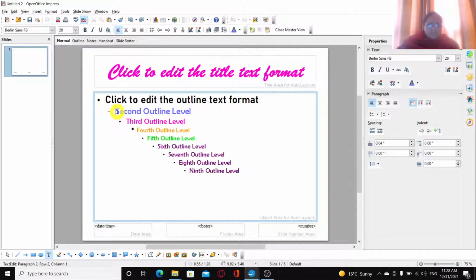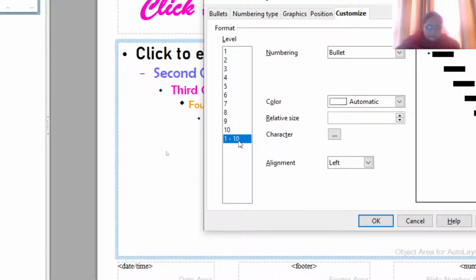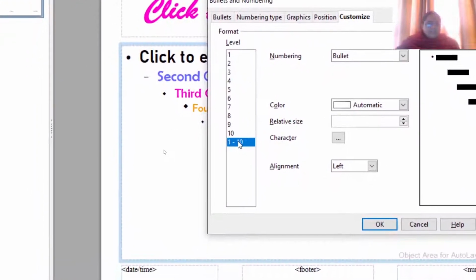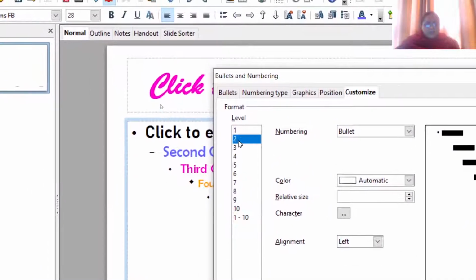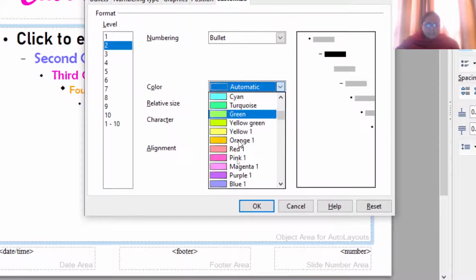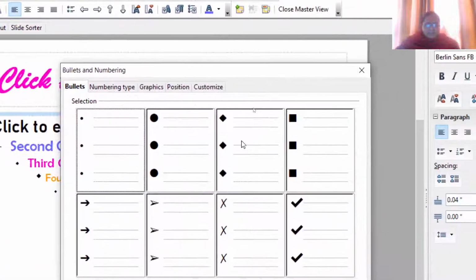So I'm just going to change it for the particular bullet style. So I'll go to format, bullets and numbering, and from here you can select. You can see that 1 to 10 has been selected. That is, whatever style you apply, it will change for all of them. So we just select the second one and we go to automatic and select any color from here like pink. Go to bullets and I'm going to select this one,